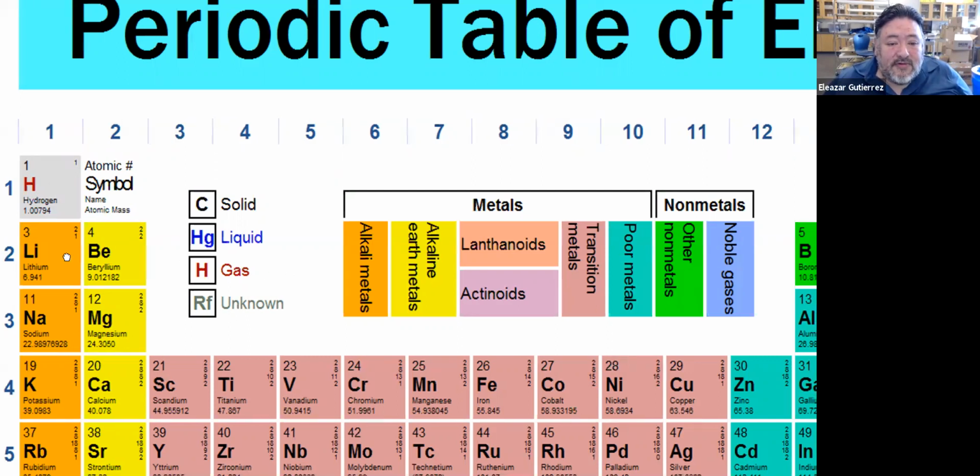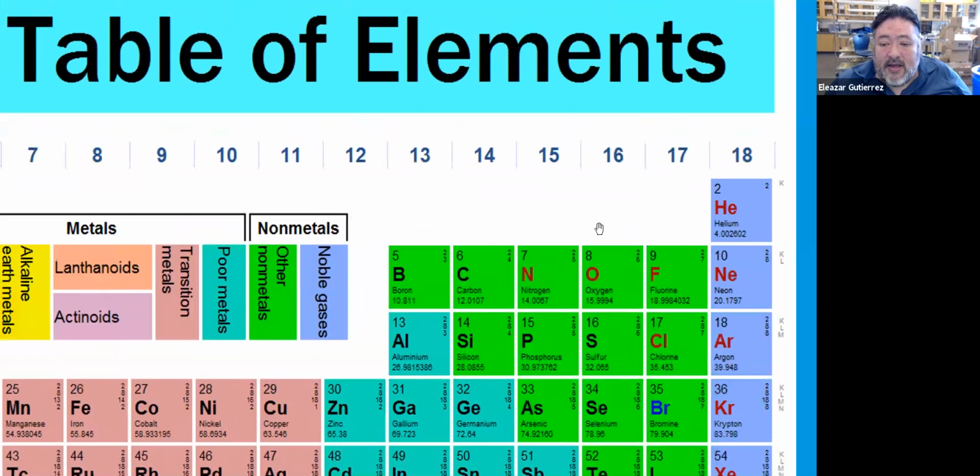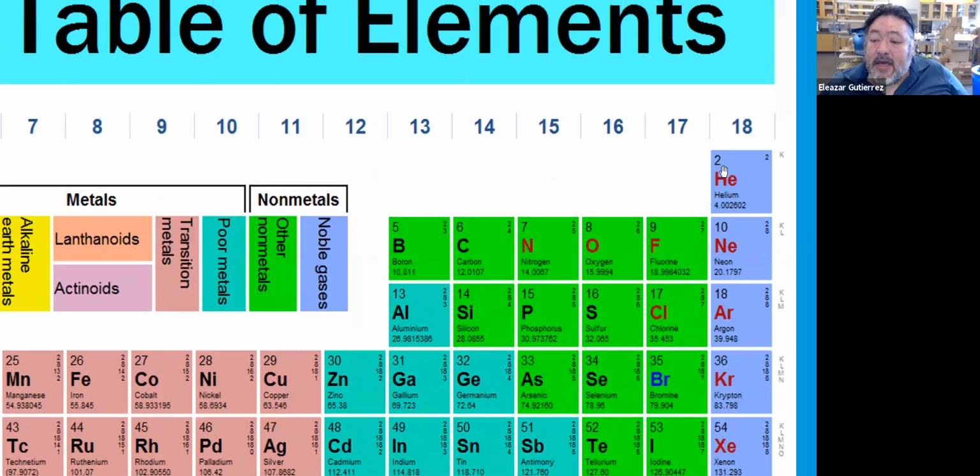Now, we go over here, and these guys are special. These are the special guys, okay? These guys in purple, these are the Kardashians of the periodic table. Everybody else wants to be like them. Don't yell at me. I'm just trying to make it relatable, okay? So these are the noble guys. These are the super cool guys. Everybody else wants to be like them. Why? Because they have a closed energy shell, and therefore all of their electrons are at the lowest energy level,